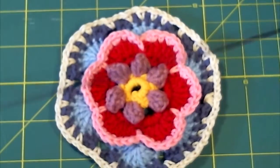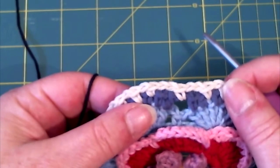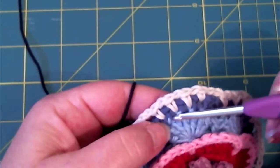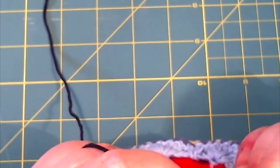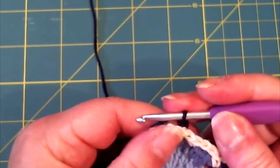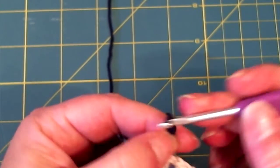Round 9 with a new color yarn. Now we need to join our yarn through the back of center single of single crochet made of round 7. You can see here 1, 2, 3. The center is this one, and we need to join this in this 2 and make a chain 1, count as the first single crochet, and then we need to chain 5, 1, 2, 3, 4, 5,